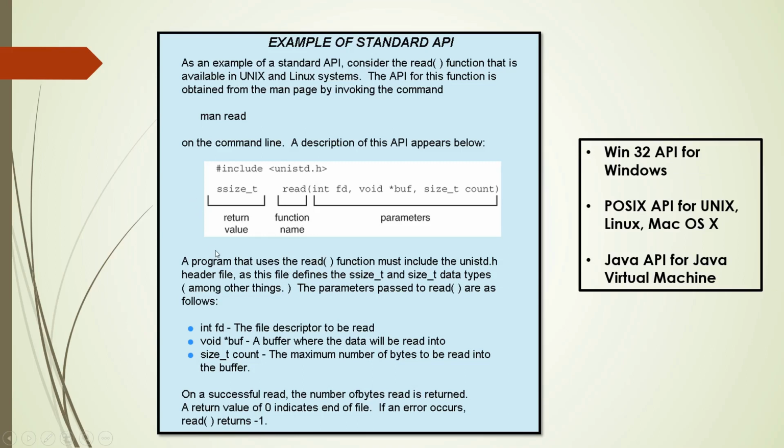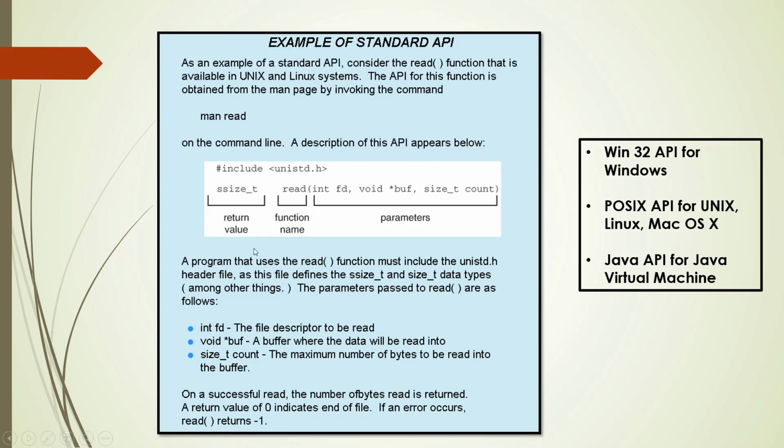So this simple API, read, as an example, will be able to read the data from the file and store it in the buffer, and how much data is based on this. If the read is successful, it will return the number of bytes that has been read, if an error occurs, it will return -1, and if the end of file is reached, it will return 0. This way it can be used by the application program.